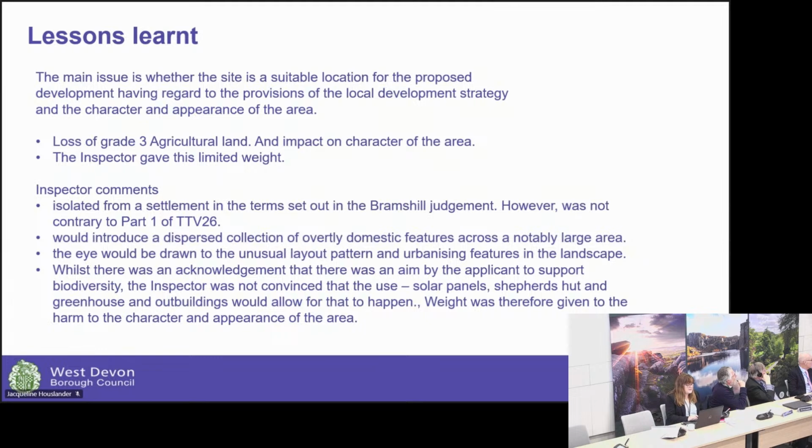But he did agree with the officer that it was an isolated location following the Bramshill judgment, and so wasn't contrary to part 1 of the policy TTV 26, which talks about isolated development. But he felt also that it would introduce a dispersed collection of overly domestic features across quite a large area, and he felt that it would urbanise, because of the way that the proposals were laid out, it would urbanise the